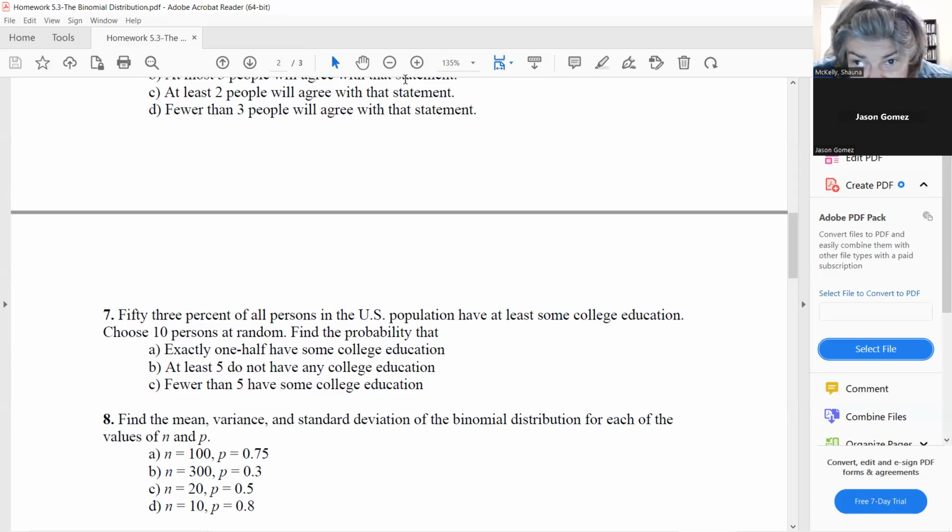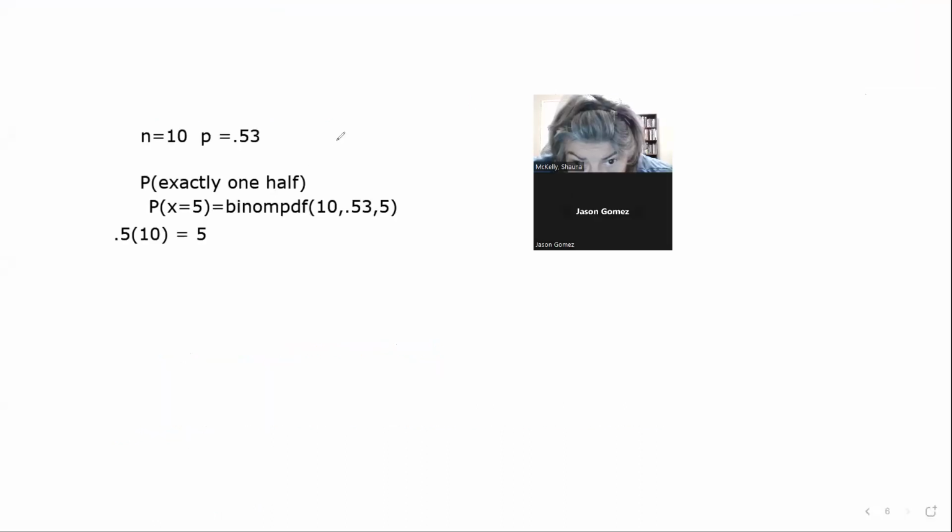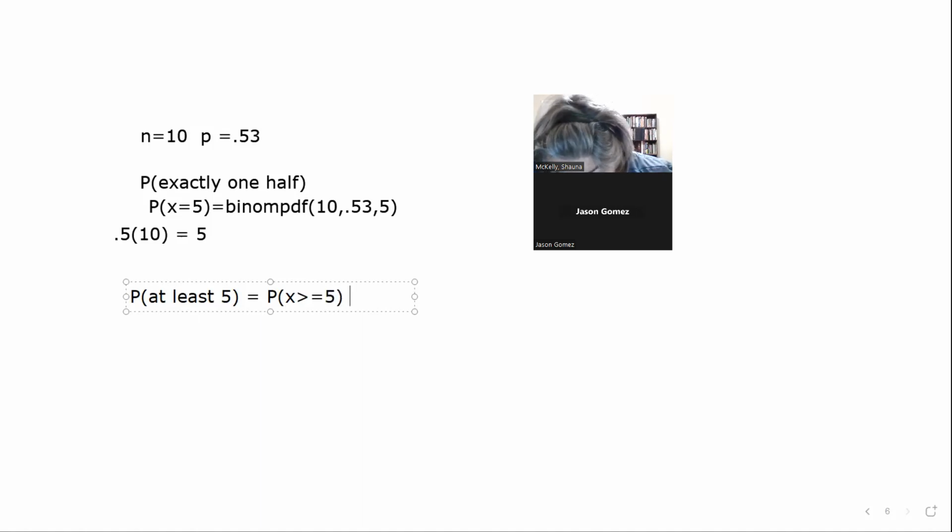So here this is going to look like this. When we write this out, it's going to look like probability of at least 5 is going to equal probability of X greater than or equal to, because this time it includes 5, right? Greater than or equal to 5, and go all the way up first. So then you have binom